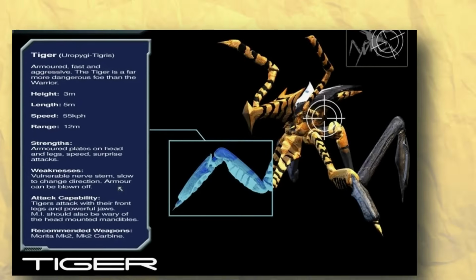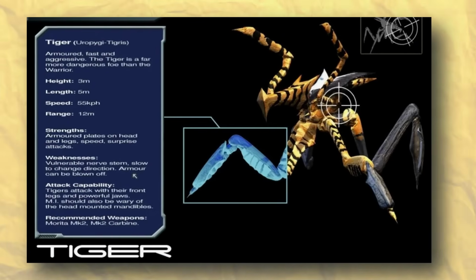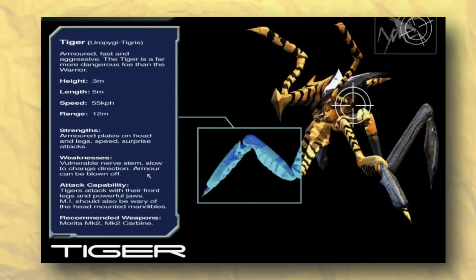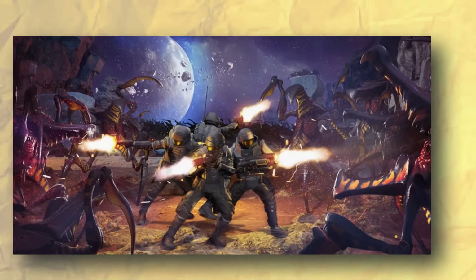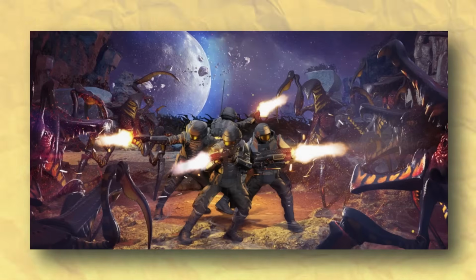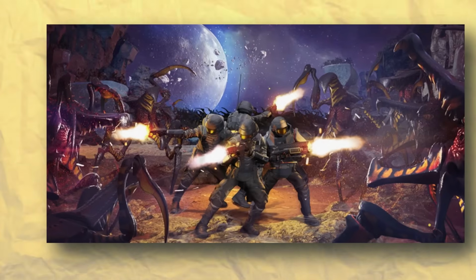Considered far more dangerous and lethal than the warriors, the tiger bug is known for its incredible speed. With armor plating on its legs and head, it's hard to take down this arachnid with only brute force, but it's not without its weaknesses. The armor can be blown away with sufficient firepower, which leaves the tiger bug susceptible to attack. It also has a vulnerable nerve stem and is slow to change directions, which can be used to strategically eliminate